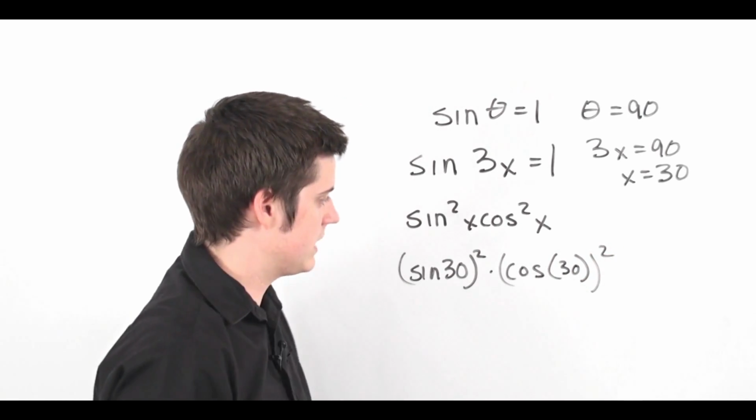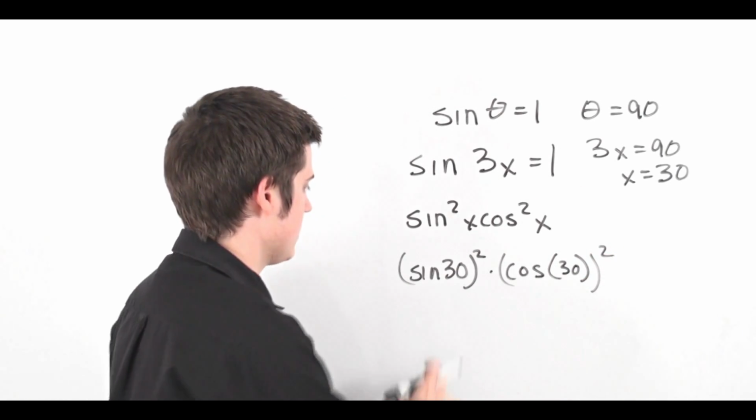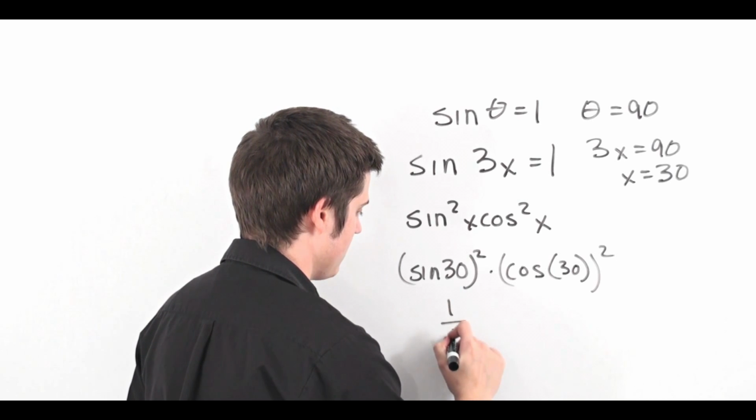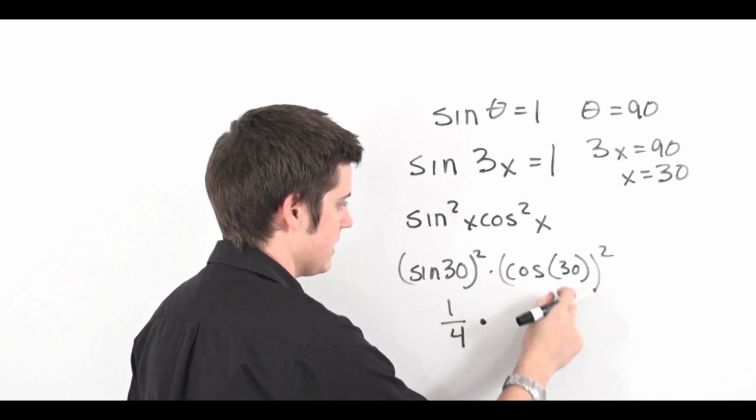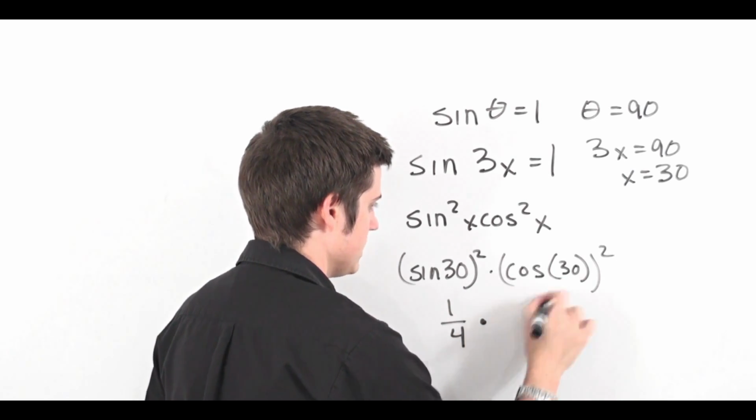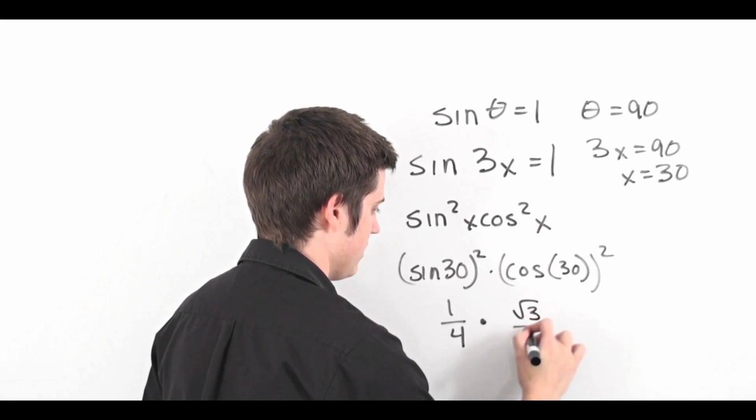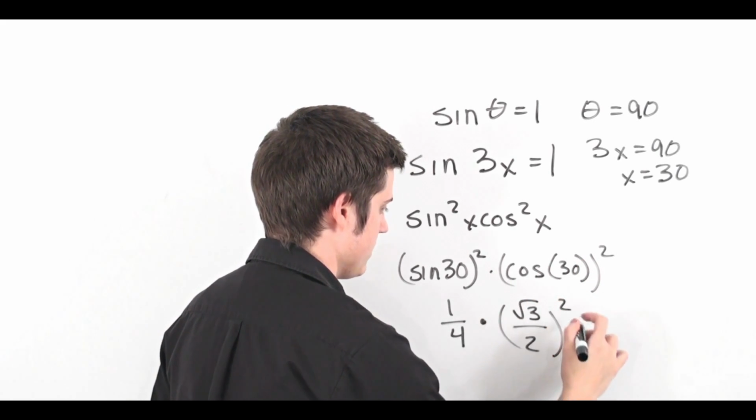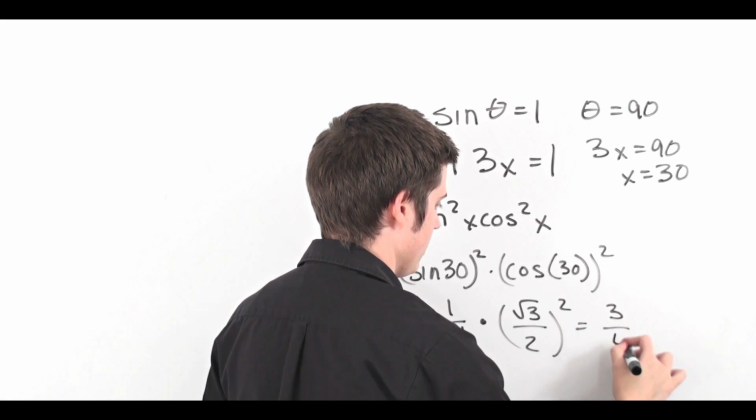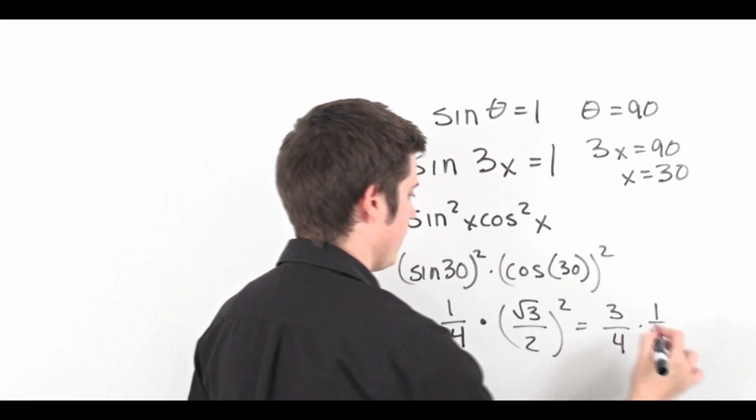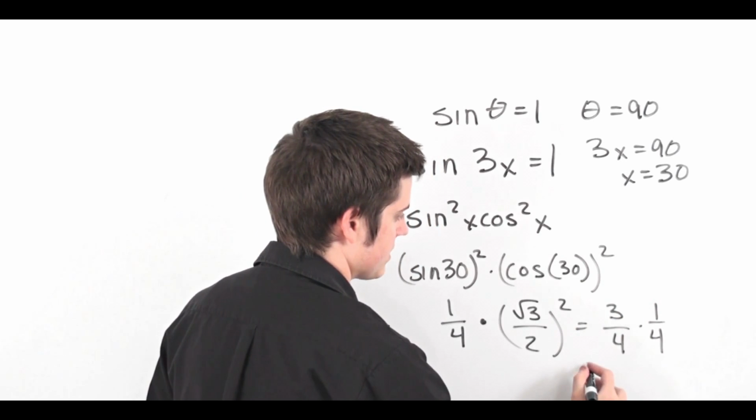squared. And then we're multiplying those together. So sine at 30 is 1/2, so this is going to be 1/4. Cosine at 30 is square root of 3 over 2, squared. This is equal to 3 over 4. So we're going to have 1 over 4 times 3 over 4, which is going to be equal to 3